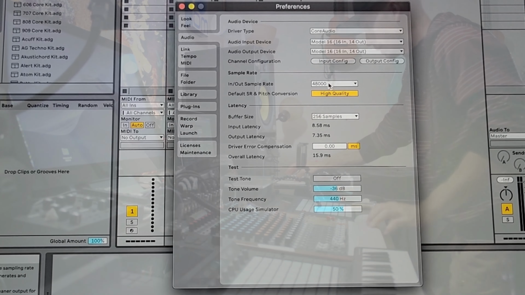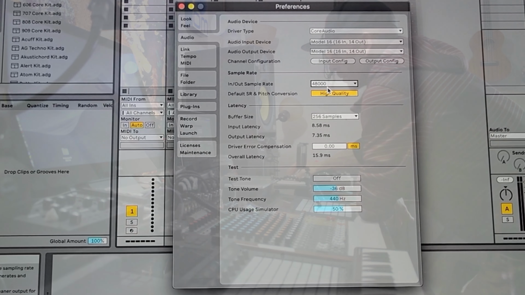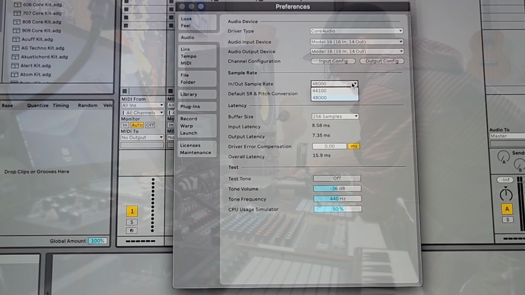Look what it just defaulted to. Sample rate of 48000. Now, I've been working in Live, and I'm pretty sure that I've set this to 44.1, so make sure you look at it in your sample tracks. If you're at 48,